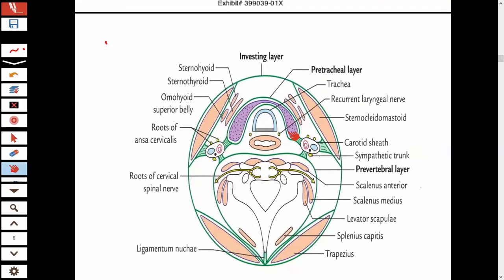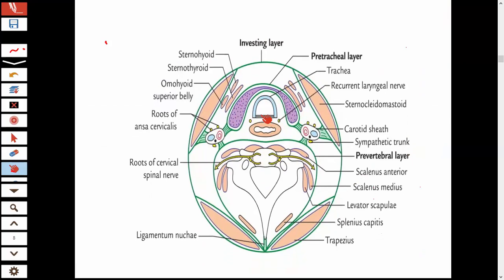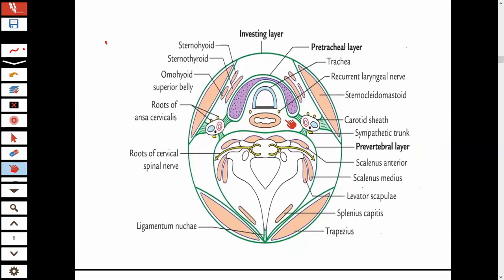So see this diagram. This is the pretracheal fascia which is covering the thyroid gland. Okay, so this pretracheal fascia is covering the thyroid gland, and when it covers the thyroid gland, it will attach the thyroid gland to your trachea, at the cricoid cartilage, by a ligament known as suspensory ligament of Berry. Okay, and that is the area where your recurrent laryngeal nerve can be damaged. Okay,